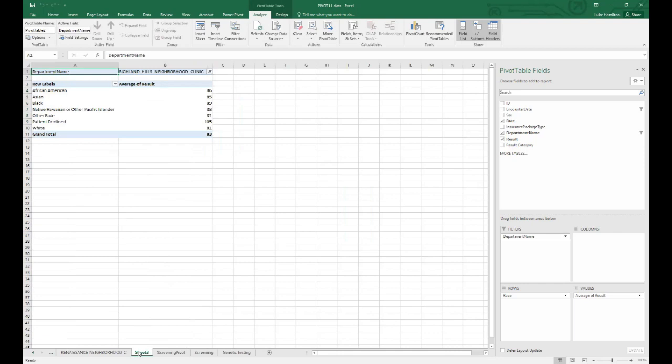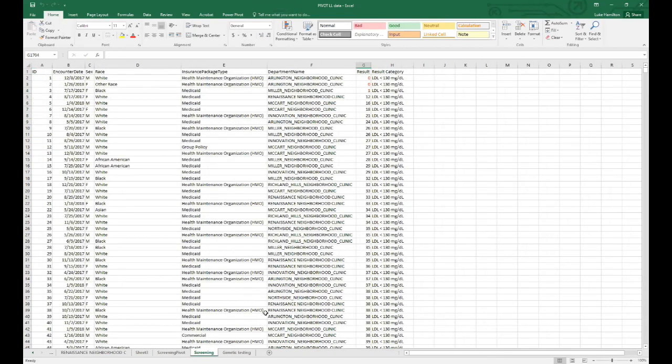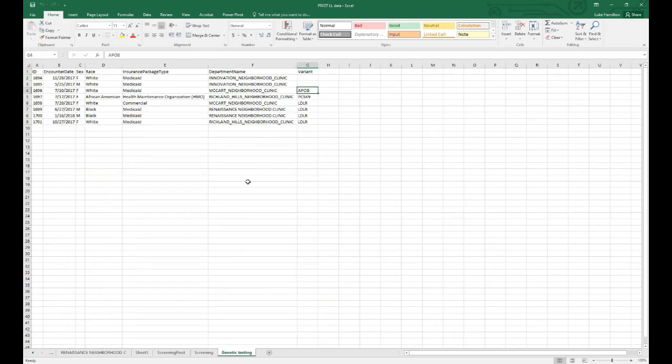All right, so the next thing we're going to talk about is something called a power pivot table. We do that by combining multiple data sheets. Typically what we look at is this one sheet, just our screening data. But say we want to pull in our genetic testing data, and in this situation, it's really simple because I created this to have 8